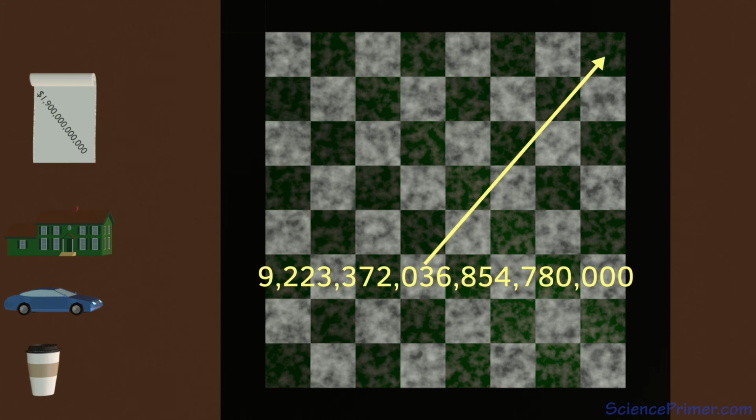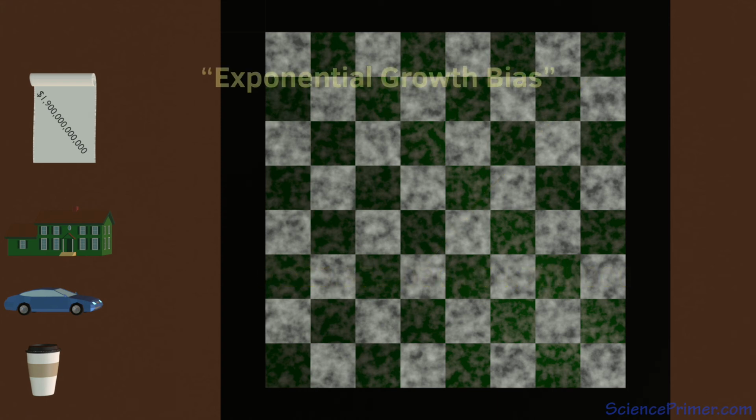With a little time and math, we can come up with the right answers, but with these type of patterns, we cannot rely on our gut feelings or instincts because these patterns are beyond our normal experience. Our lack of intuition about these patterns is called the exponential growth bias. Recognizing the limits